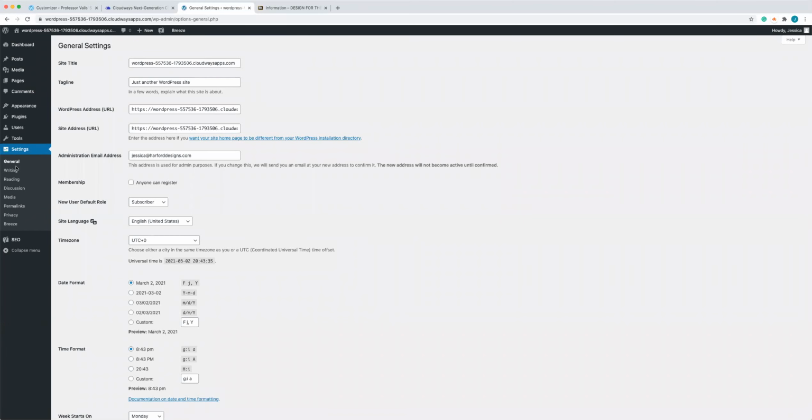Other settings is just going to be general. This is similar to what we saw in the appearance, where it lets you change the name of your site title. It's a little redundant. You can change it here or in your appearance, customize. So for this, I can call it Art 365 example, and I can say